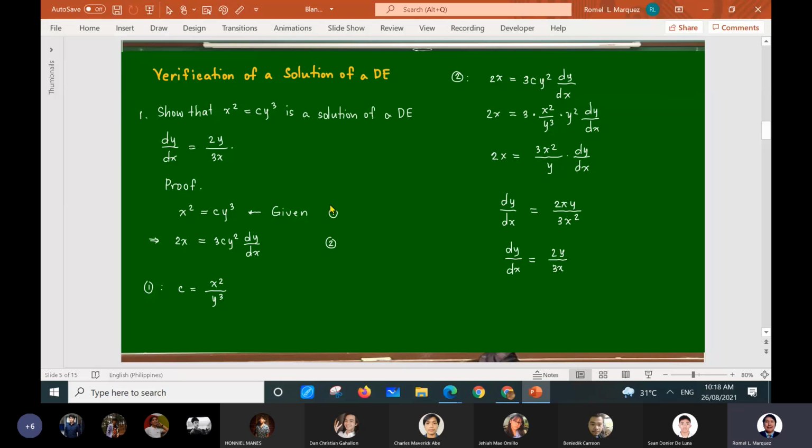This is the given DE. Since we were able to derive the given DE, it means this is a solution to this DE. Or if you want, you can substitute this to the given DE so that you will be able to get, for instance, an equality. So, therefore, we say that x squared equals Cy cubed is a solution